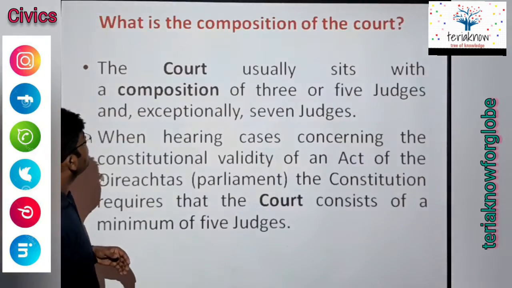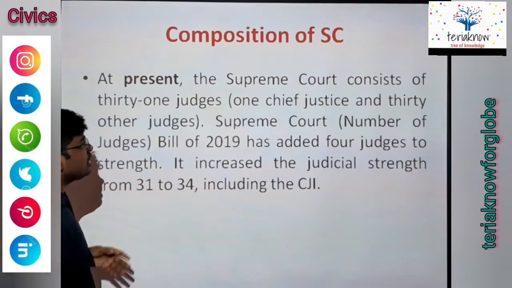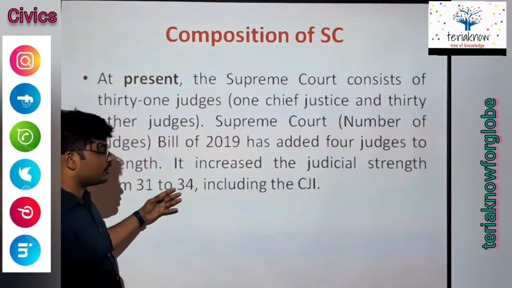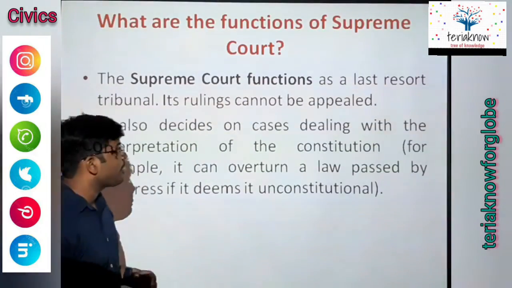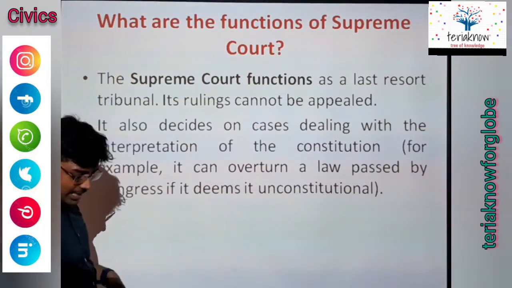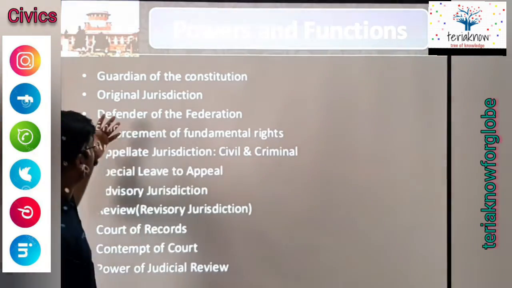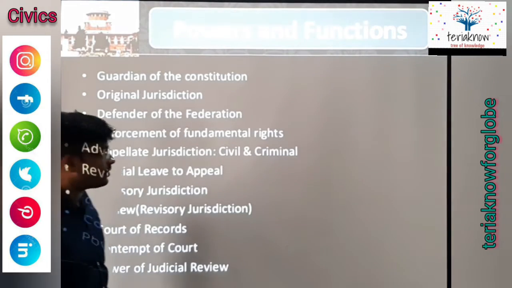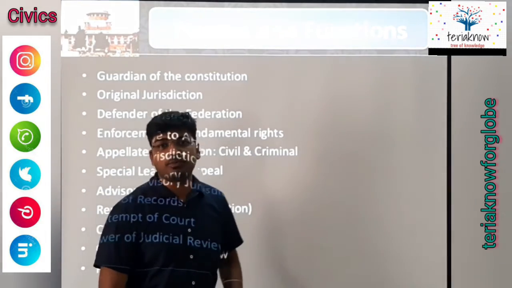Understood? Then what is the composition of court? So I also told you about the composition of court. Composition में सुप्रीम कोर्ट का composition बताया कि इसमें कितने लोग होते हैं. लगभग आप मान लो 34 जजेस होते हैं, including CJI. CJI का फुल फॉर्म चीफ जस्टिस ऑफ इंडिया. Understood? Then what are the functions of Supreme Court? Supreme Court का function होता क्या exactly? वो हमने बताया आपको. उस functions को मैंने बताया. और jurisdiction करते हैं, defender of the federation करते हैं, then appeal state, jurisdiction, civil and criminal law को देखते हैं. So all are such kind of functions of the Supreme Court.